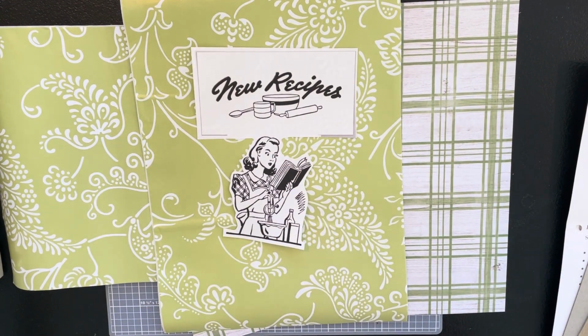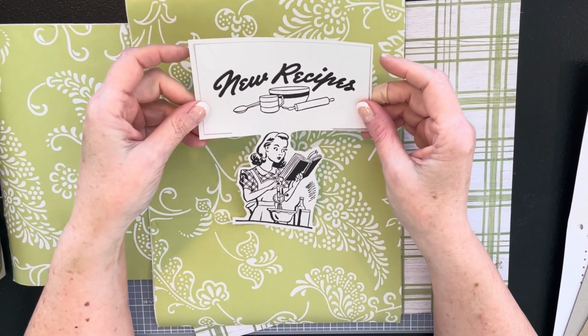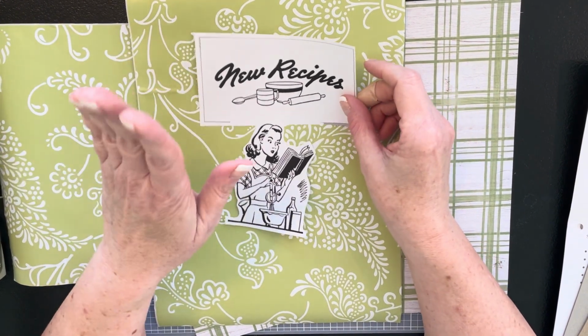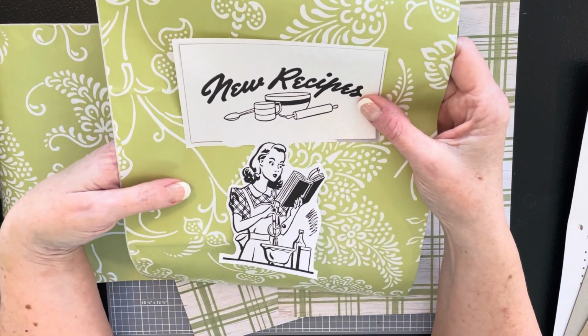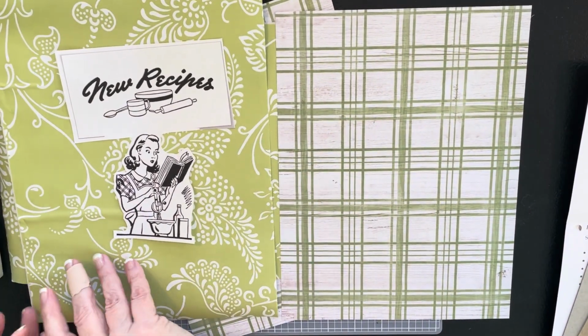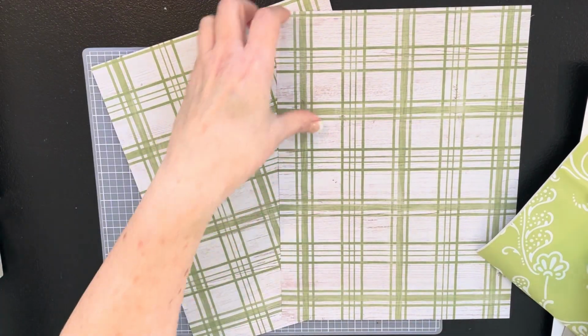You can get workable fixative. It's great stuff. Again, I don't have any, and it's kind of pricey, so as often as I do it, I feel like the hairspray is fine. So I'm going to do that. I'm going to Mod Podge it on the cover and then go over just the image so that it is wipeable as well. Okay? And then on the inside covers, we are going to do, along with this really pretty plaid paper,